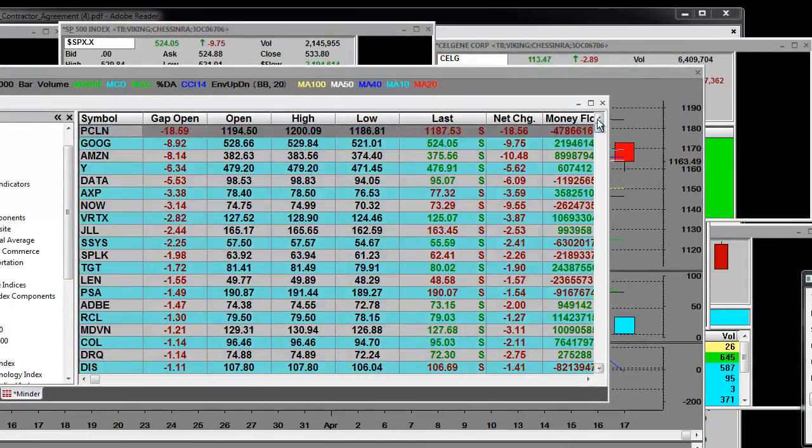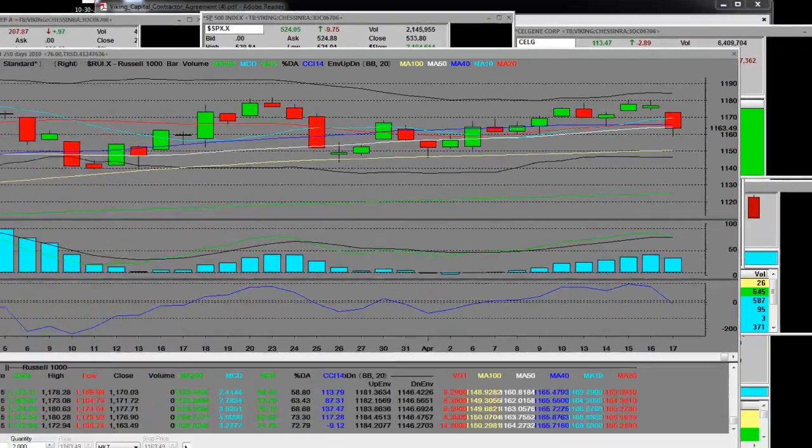All the way down. Amazon was a great short. Google was a great short. Priceline had an $18 move. How wonderful that was. That was more than wonderful. And then, of course, American Express. And this is just the 1000 index on a daily. I'll go ahead and key in the